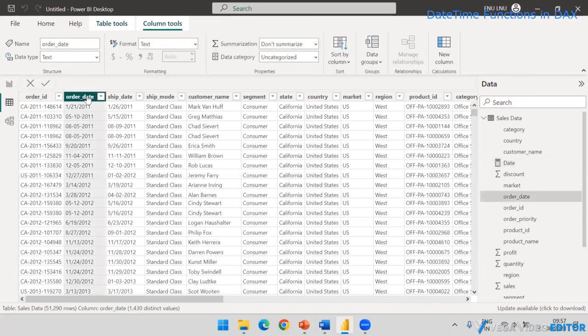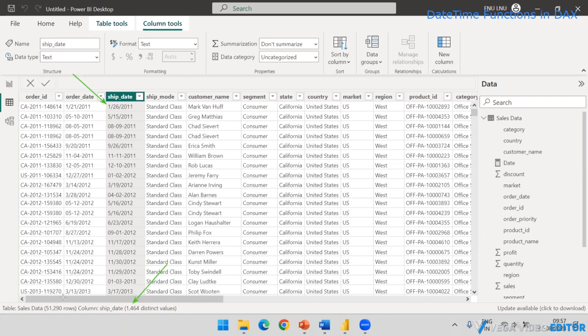Here I have a date column, but if I create a calculated column to extract the quarter, day, and month information in this table, that data will be repeated. If you look at the number, 1464 dates are there,